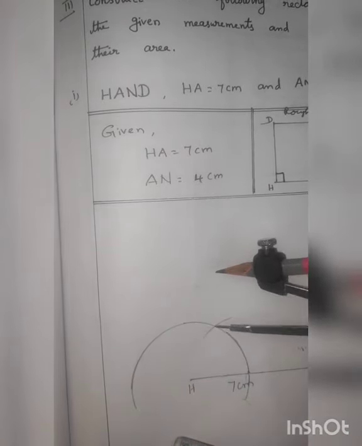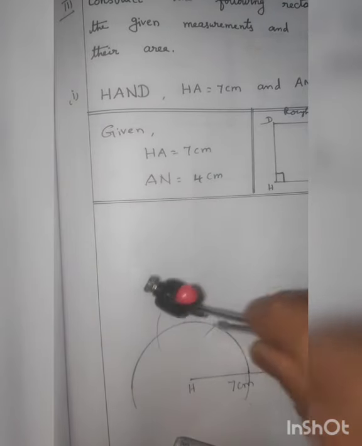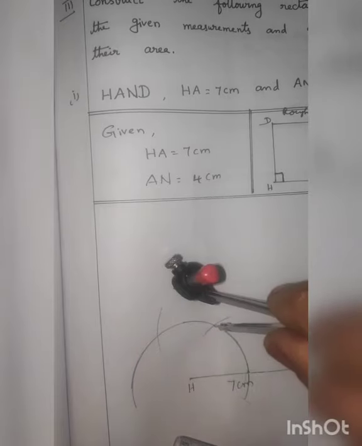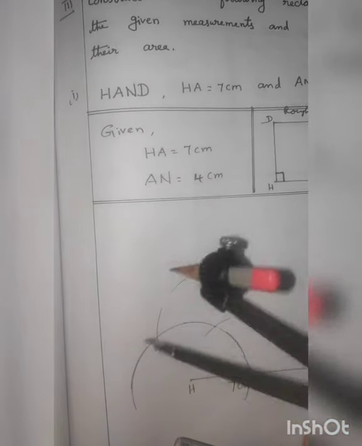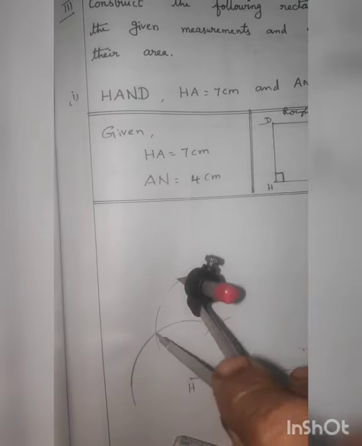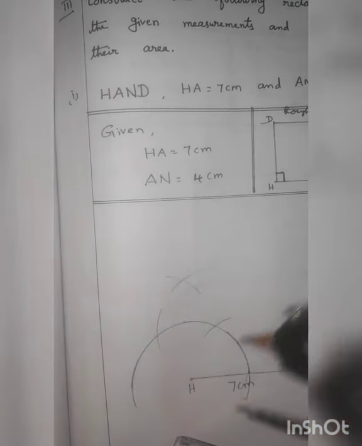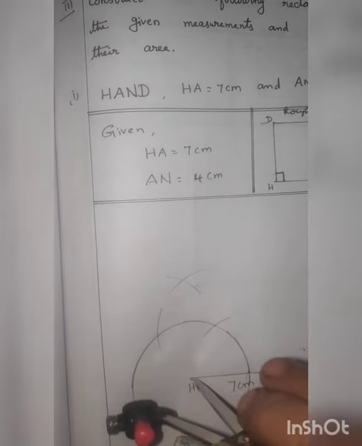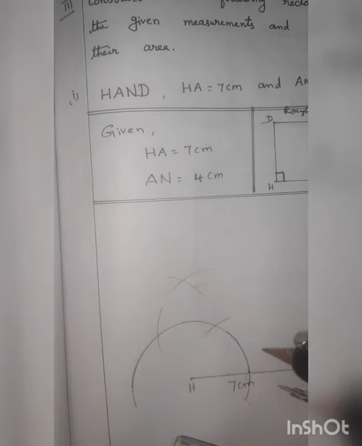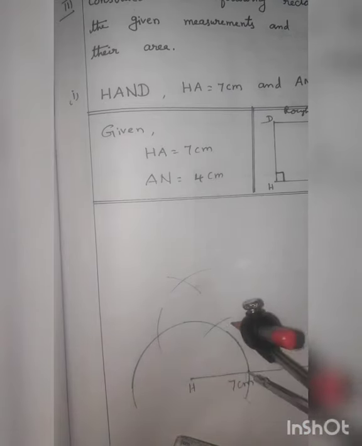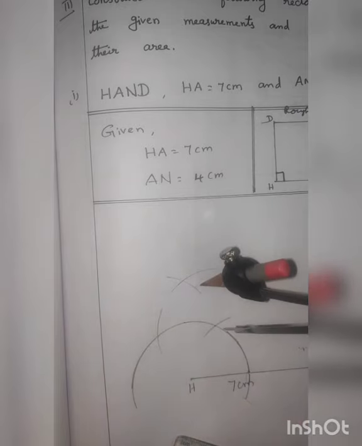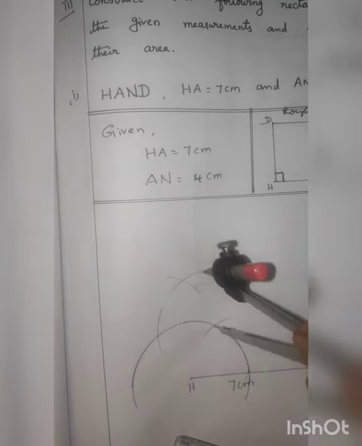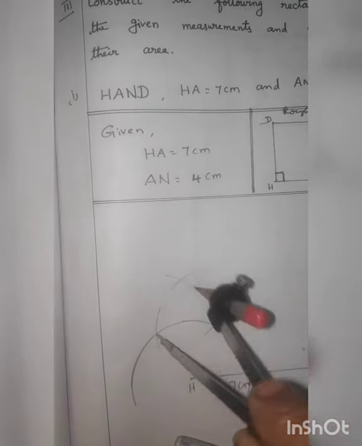There keep the compass again and cut the arc. Next, listen. There come the two arcs. Here you cut one arc. Next, here comes the point. There keep the compass and cut the arc. First work: take 3 centimeter in the compass, keep on the first point H and cut the full arc. It should touch the line. After touching, should not change the length. Again keep on the point and cut the first arc. There keep and cut another arc. Next work, here one arc up. Here already cut; there keep and cut one arc.